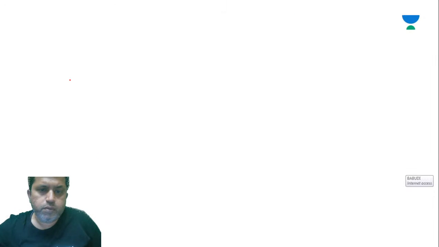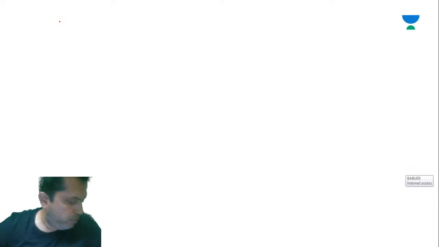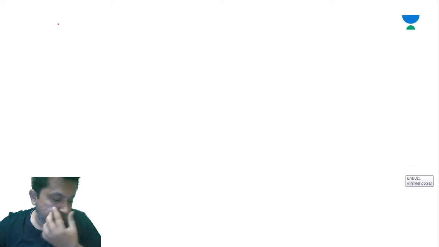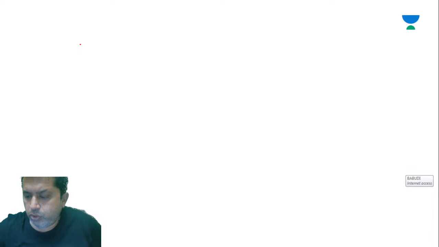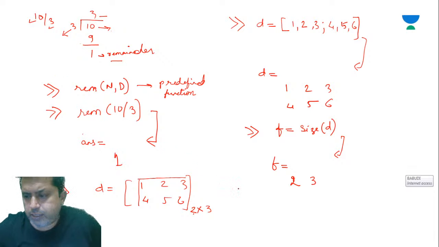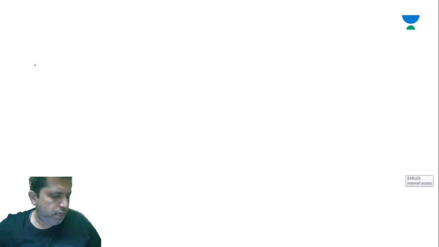Okay, next. Now you can see that here it has returned 2 rows, 3 columns. So this is row, this is column. By default, the first element is row, the second element is column if you use size. Now what I will do is define both these separately,